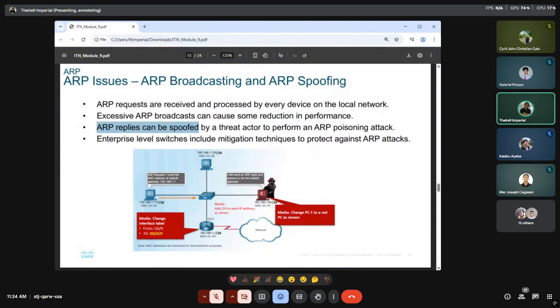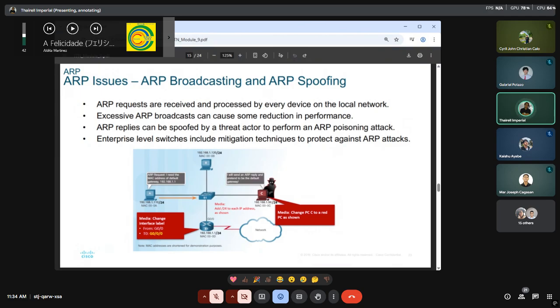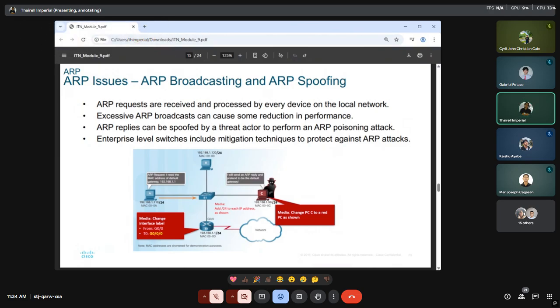So ARP replies are something that has to be considered. I will not discuss this because first and foremost I don't have much knowledge about this yet, because this is more of a security related topic, and you will learn this on a future topic soon enough once you reach your course in computer security. Most likely your teacher that will handle that class would be Dr. Astilio.